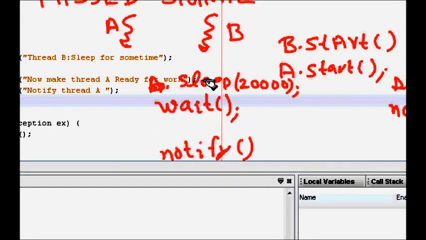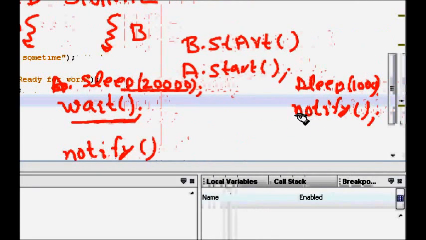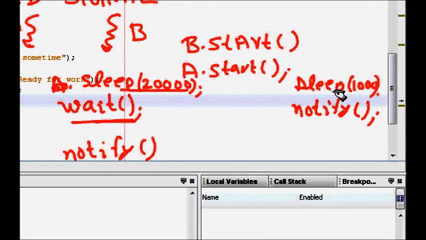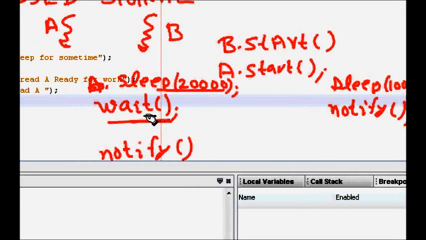But what happens is A will start, it will sleep for 20 seconds. Okay, then it starts waiting. So what happens? Now A is waiting for some notification from B, but B had already notified it before it started waiting.